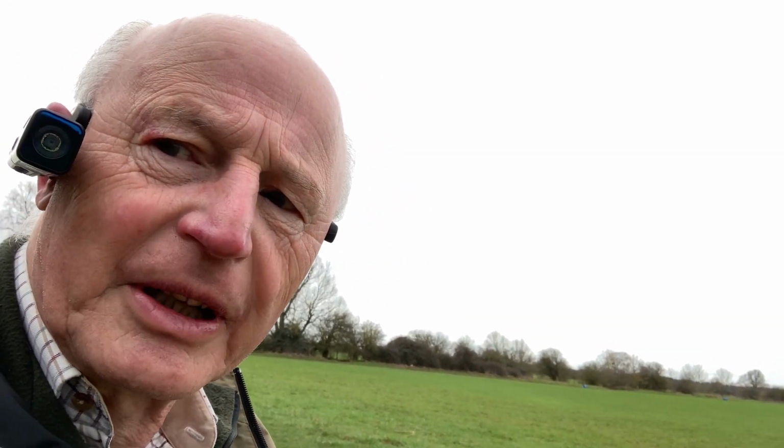While I'm sitting here, letting my back spasm sort itself out, if it will, hopefully. Otherwise this is going to be a very short session. I thought I might as well take this opportunity to talk about my new little camera. You can probably see it on my right here. It's really cute. If I just bring the camera around a bit here. A bit difficult for me to see what I'm doing while I'm showing you the camera, but anyway,